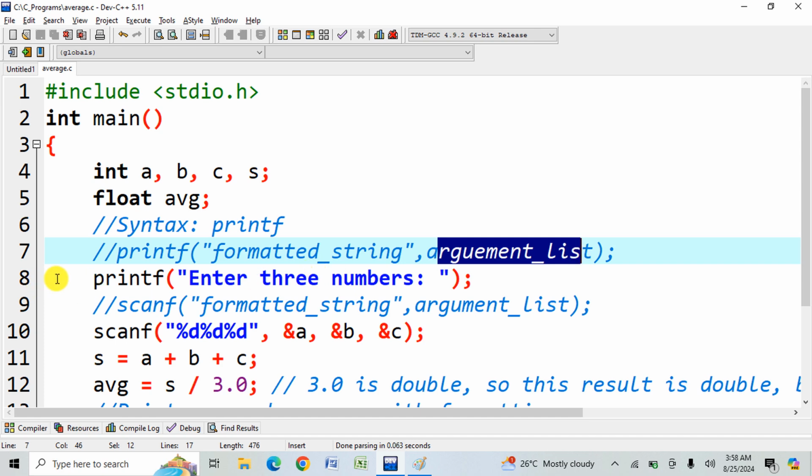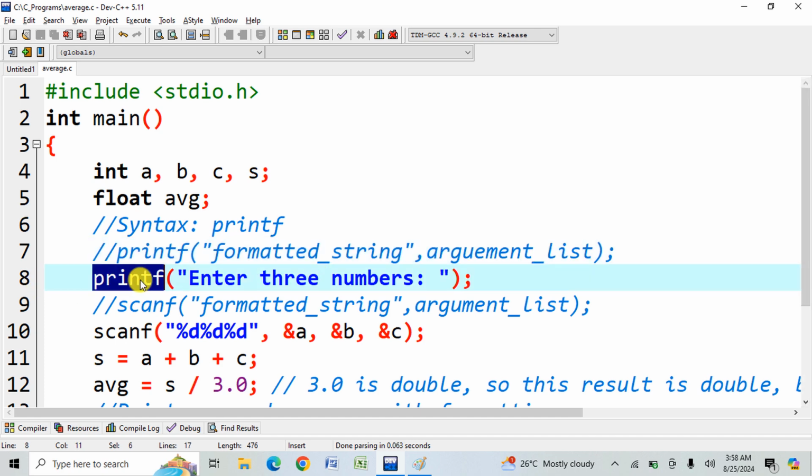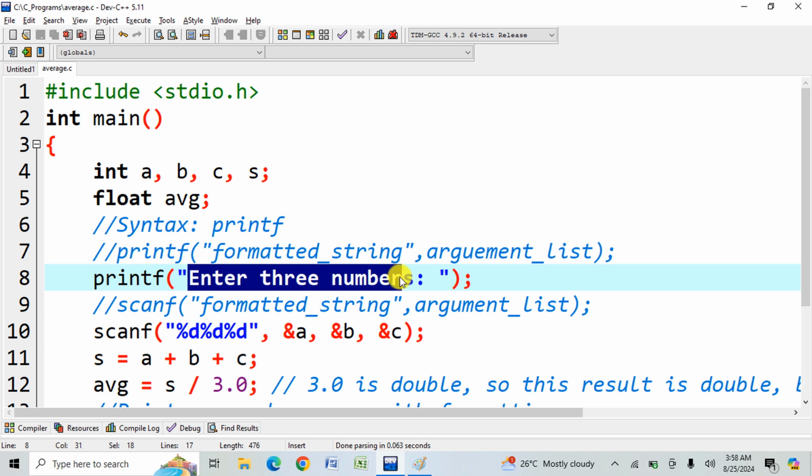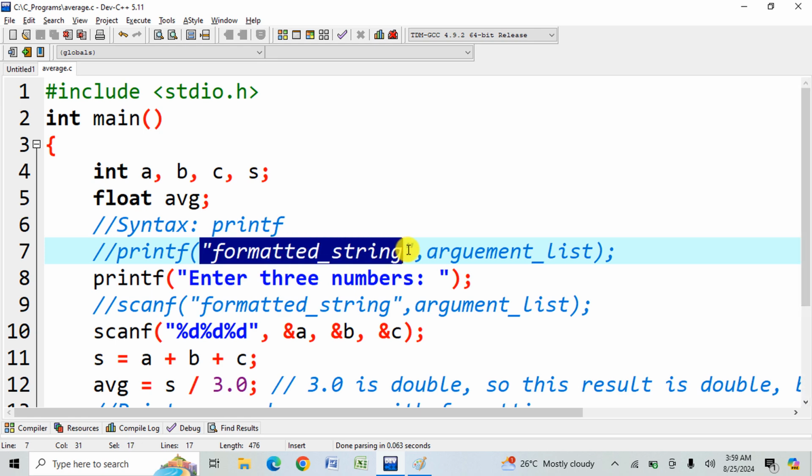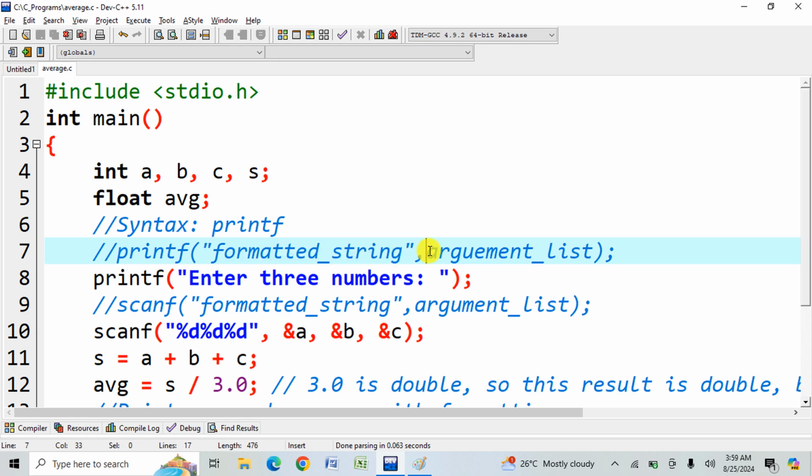Now at line number 8, we are saying printf enter three numbers. This is a formatted string. Why? This entire text, enter three numbers, is enclosed in double quotes, right? So we are satisfying the formatted string here, and the argument list is optional. We are just saying enter three numbers. In upcoming lines we will use the argument list, no need to worry. On the output screen it will be displayed as the first line, like enter three numbers, and